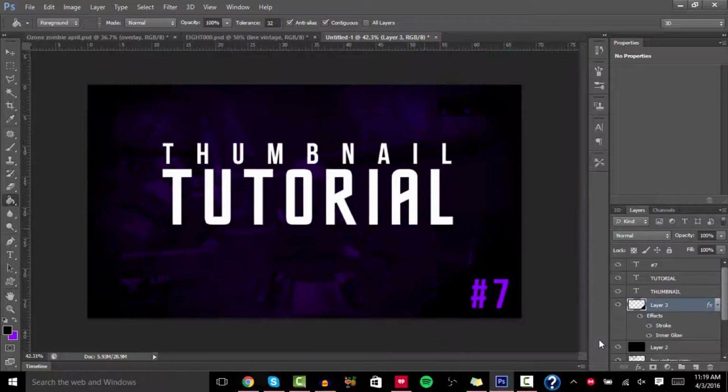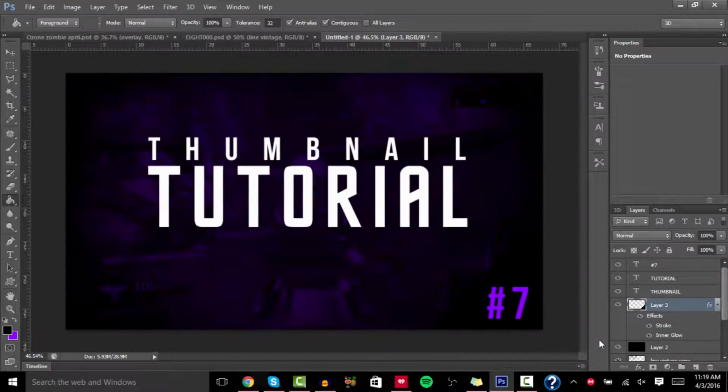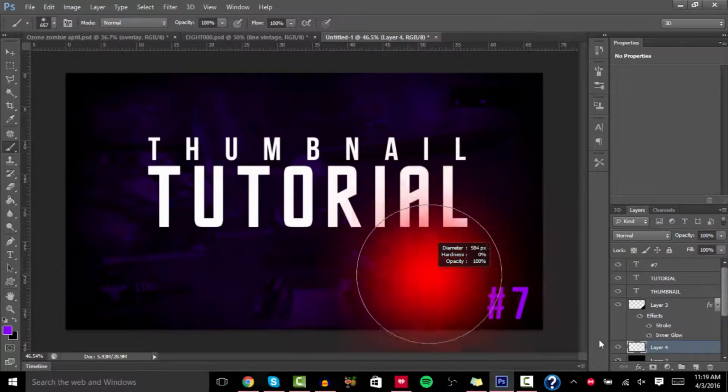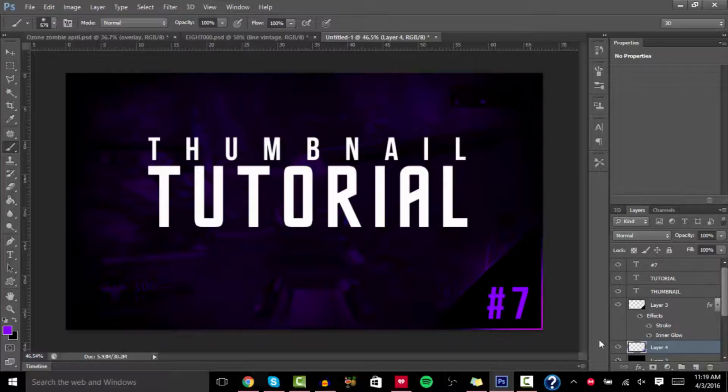And I'm actually gonna go right under this layer and put a little bit of a purple stroke underneath it just to pop it out. And as you can see, all how it looks. I'm just gonna go a little bit more, and as you can see, this is really popping really hard, and you can actually take out the stroke and it won't look right. If you take out the inner glow, I don't think inner glow does much, but for this I'm actually going